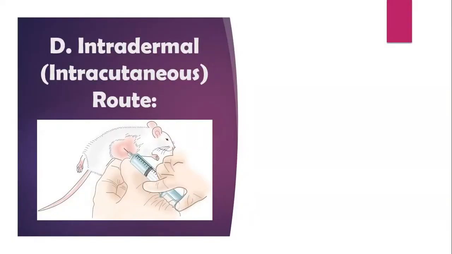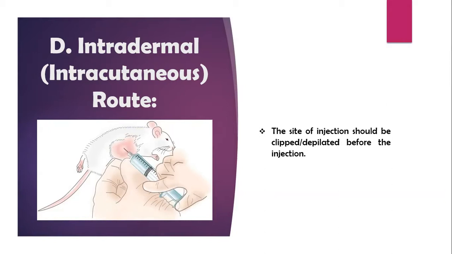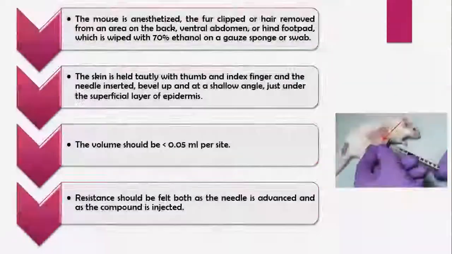Now the next route is the intradermal or intracutaneous route. The site of injection should be clipped or depilated before the injection. Now the procedure is: the mouse is anesthetized, and the fur is clipped or the hair removed. Now see in the diagram, here is the mouse and the fur is removed from an area on the